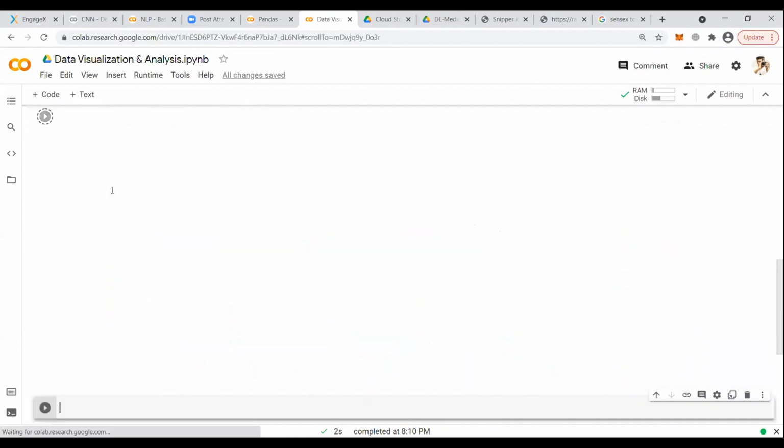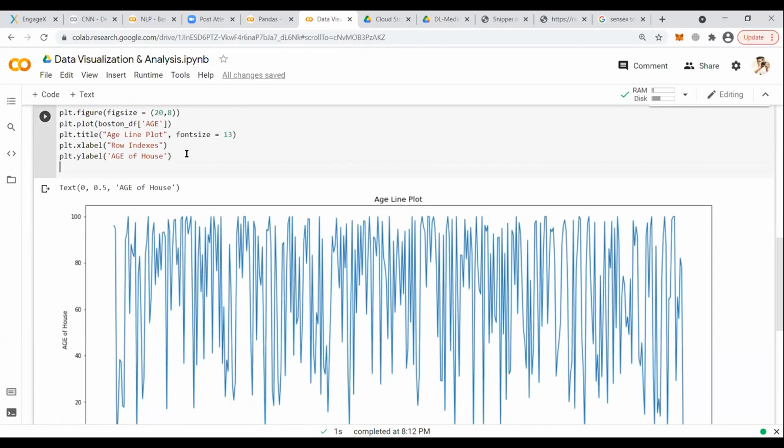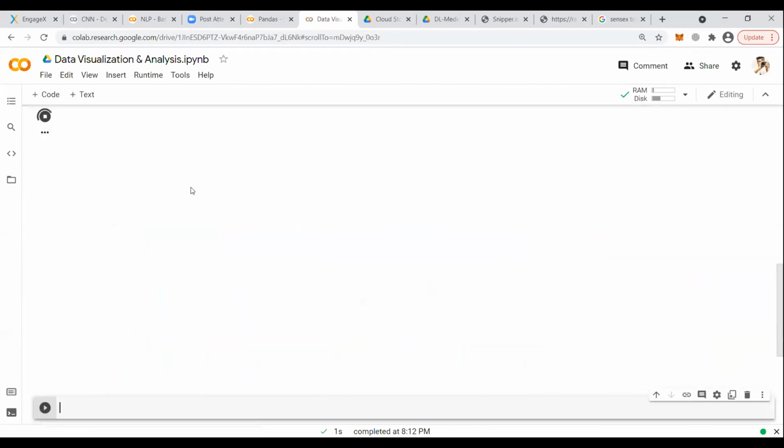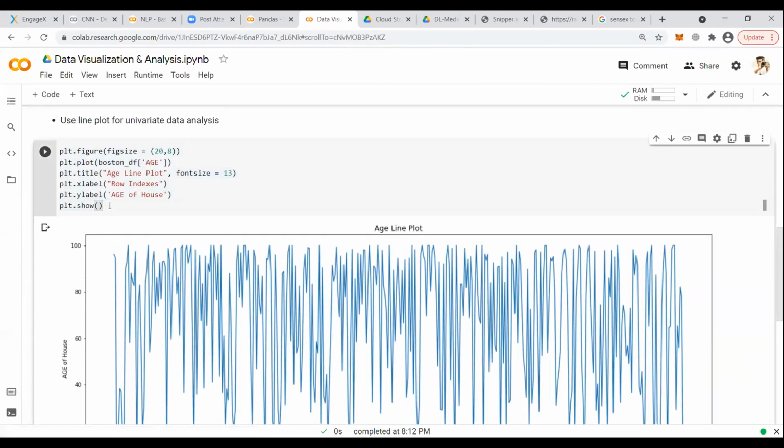And class, one thing which I will highly recommend to everyone is do not forget to finish your code with plt.show. It is important. Right now in Jupyter and in Colab you won't necessarily require it, but in other editors, if you don't write plt.show, your plot will not appear. plt.show flushes out all the values and converts them into a plot.